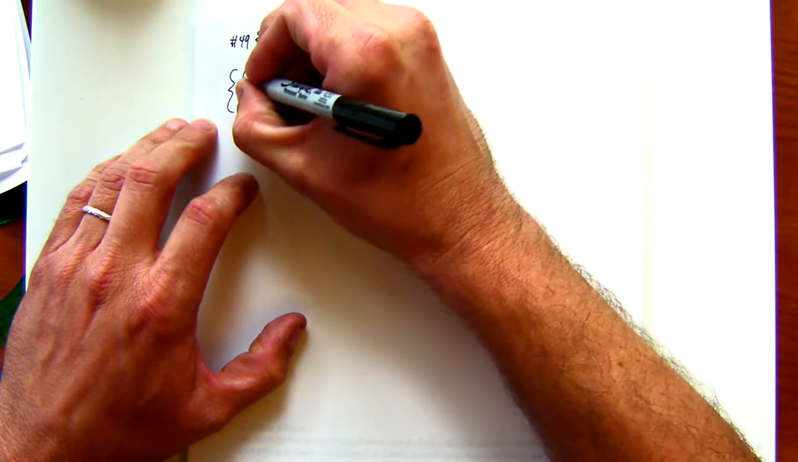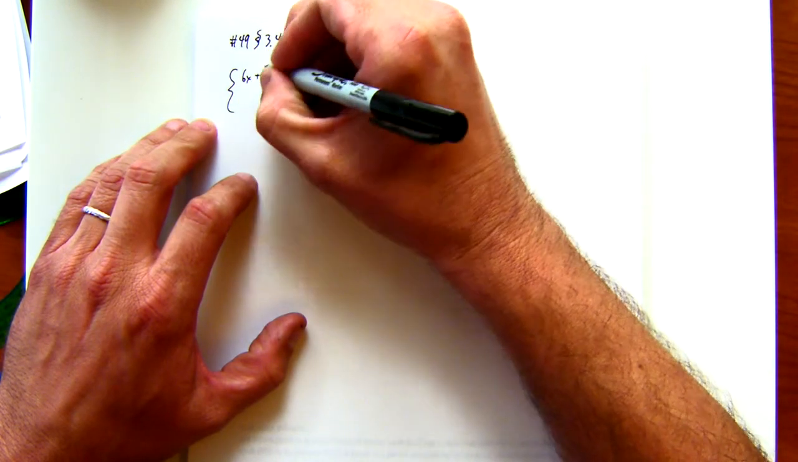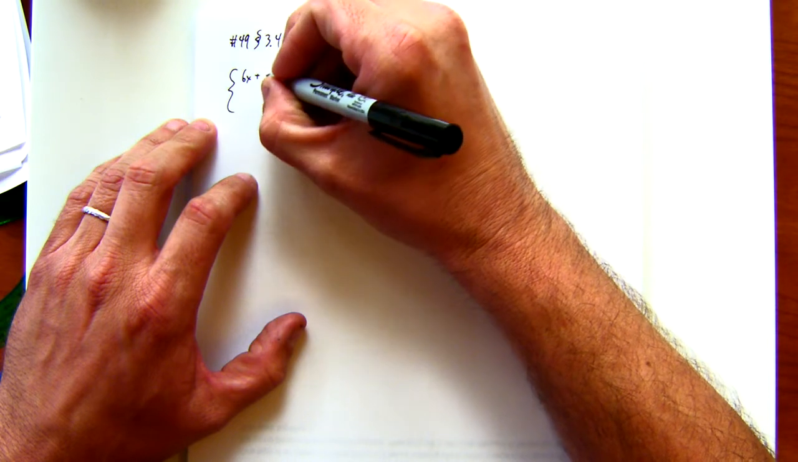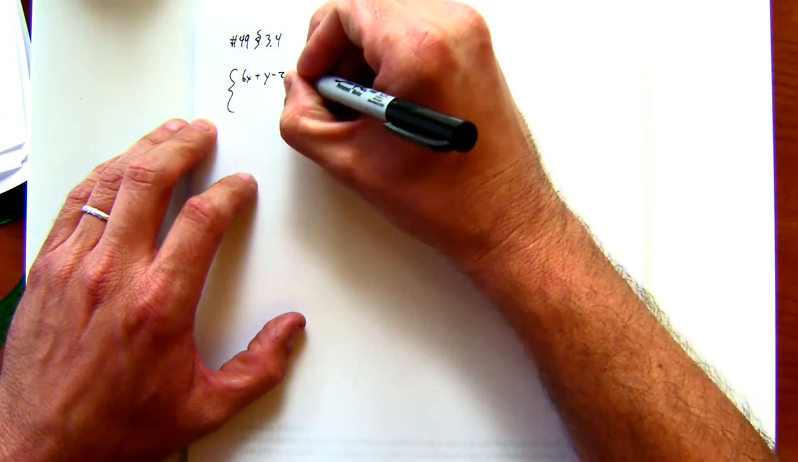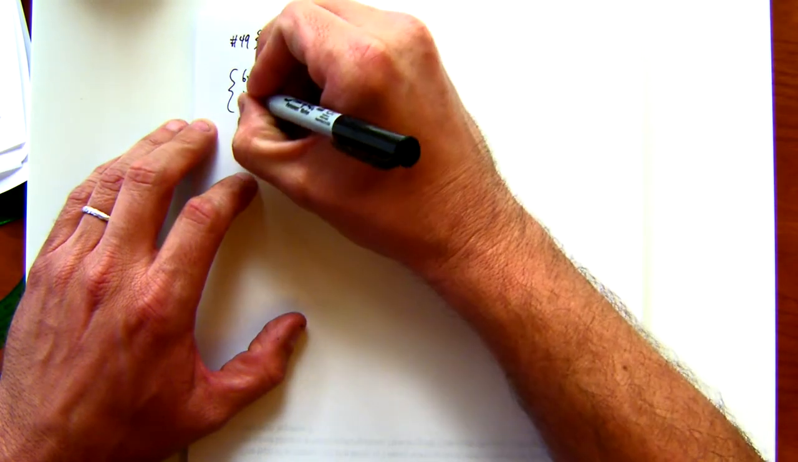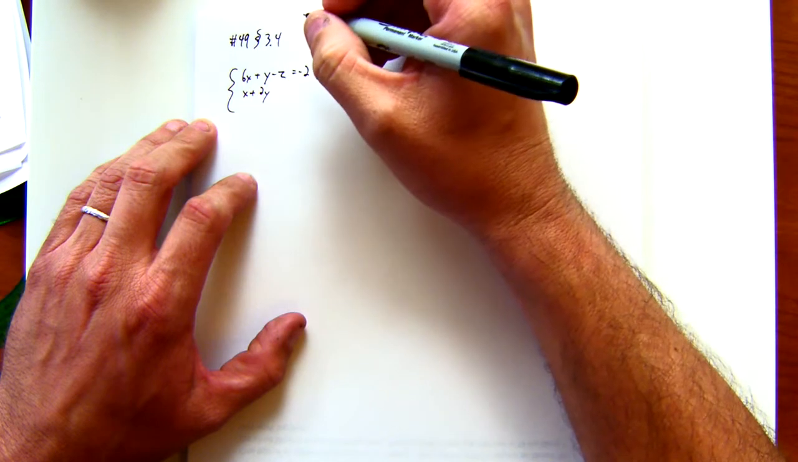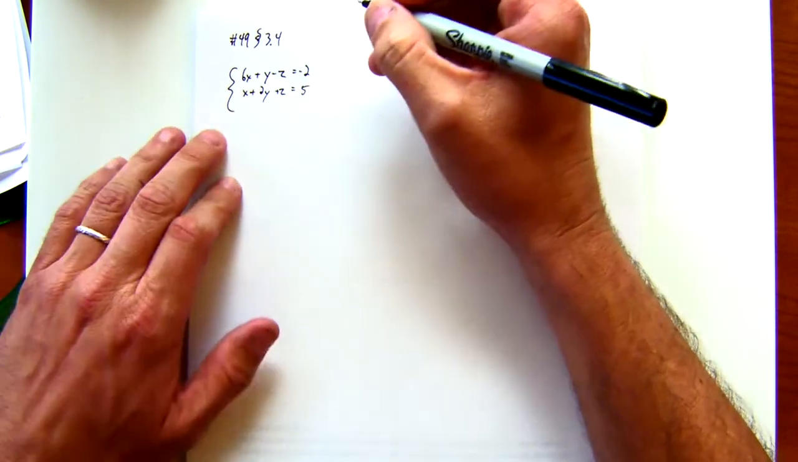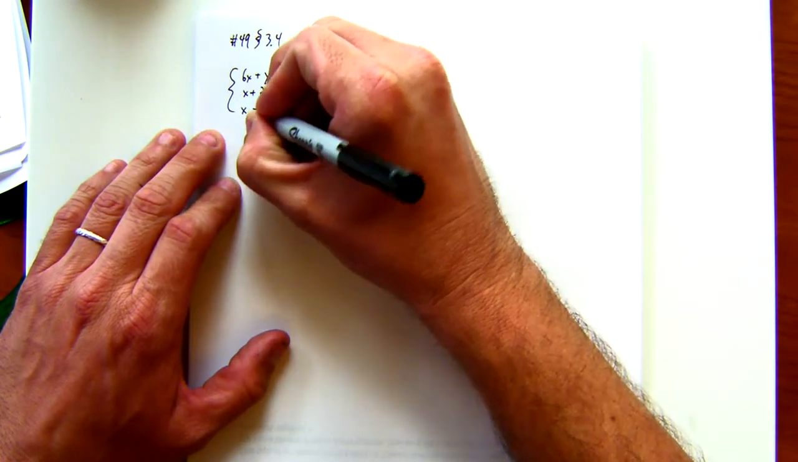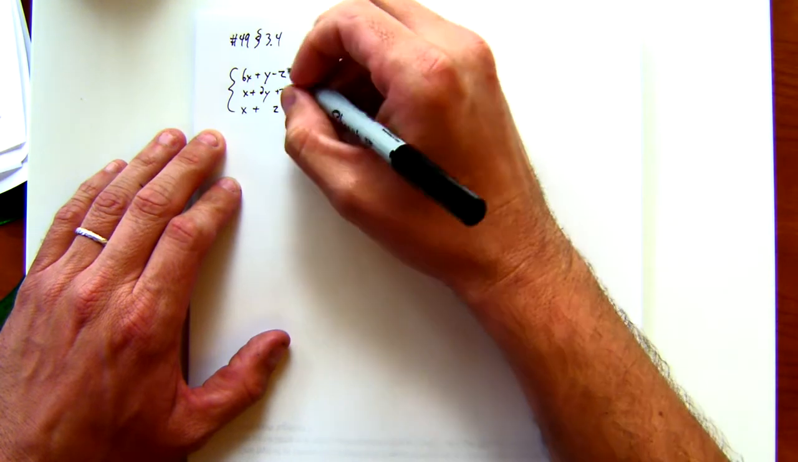It says to use matrices to solve the system. 6x plus y minus z is equal to -2. X plus 2y plus z is equal to 5. And then x plus z is equal to 1. So what's one of the first things we might notice